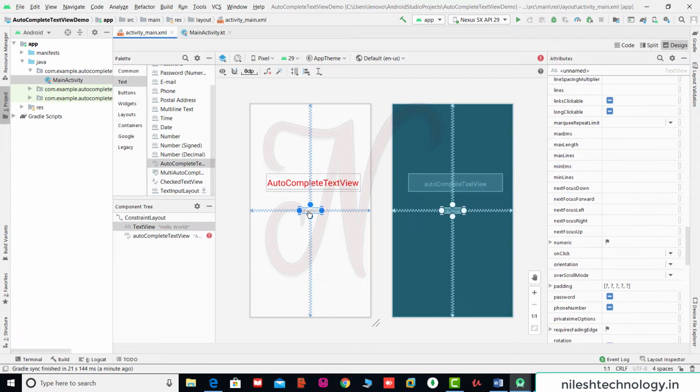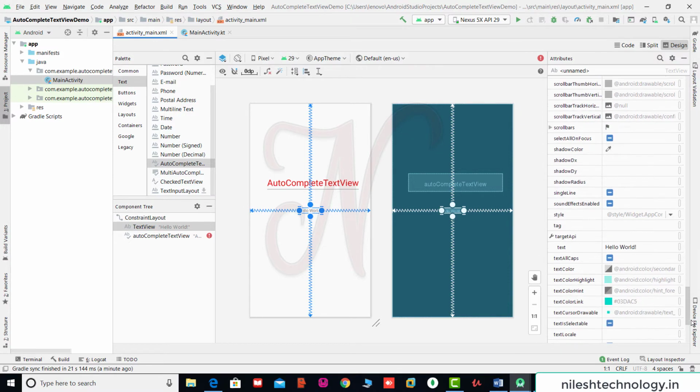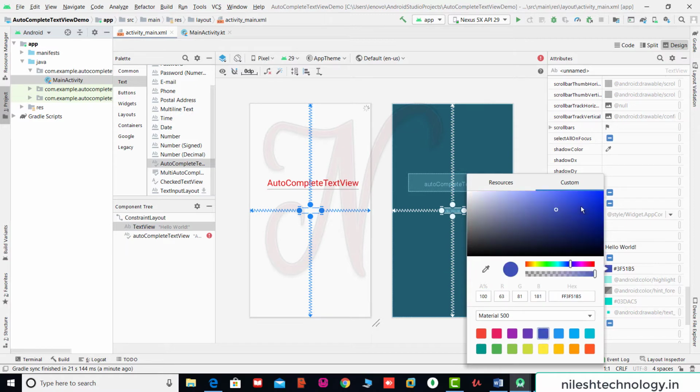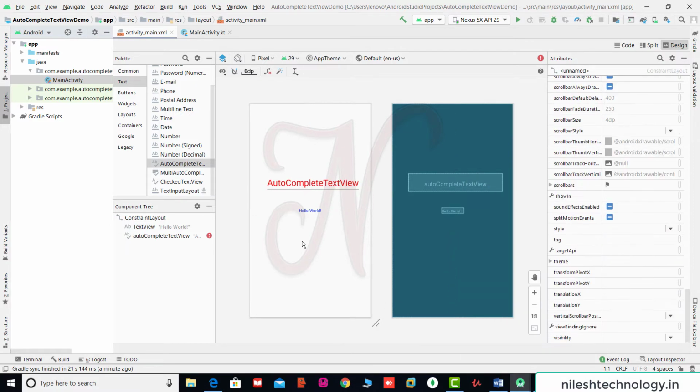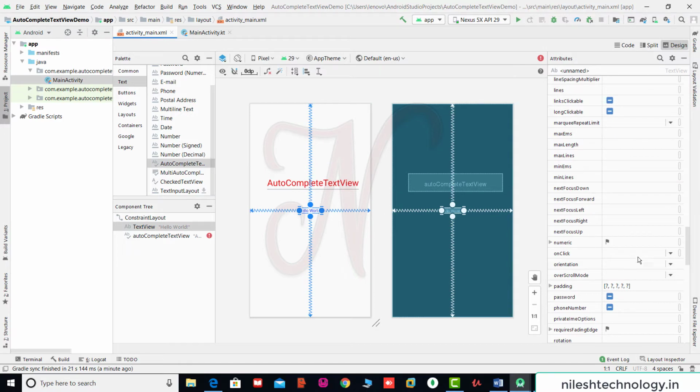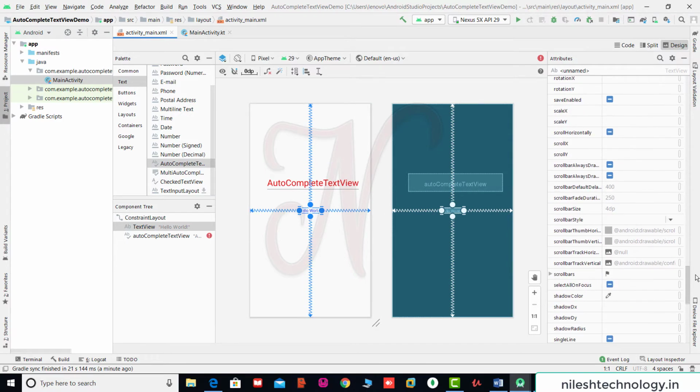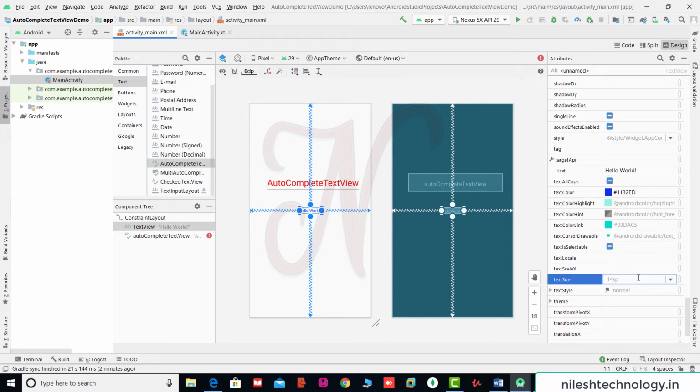This is the text view, hello world. So set the attributes of the text view. Text color is, for example, blue, and text size is 30 dp.